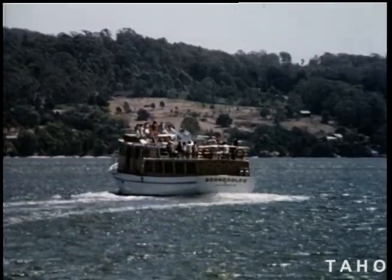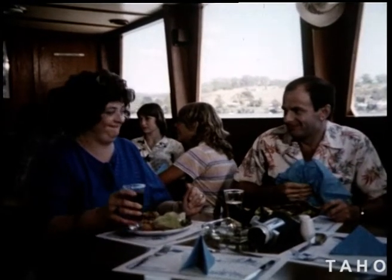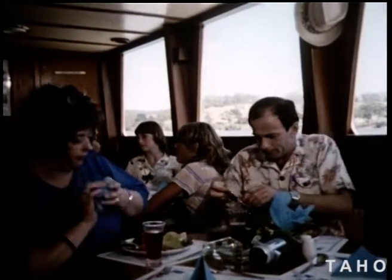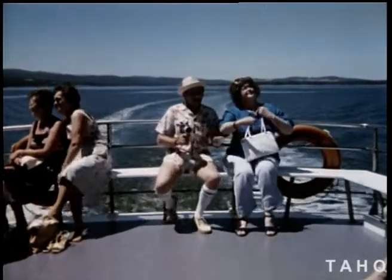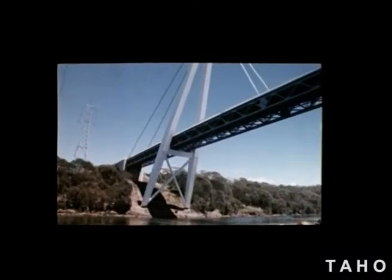As the sunlight sparkles and plays across the water, our wandering friends decide to try another very novel luncheon venue. A float on the River Tamar, aboard the Goondooloo, which travels from Launceston right up to its mouth at the Bass Strait. And what better vantage point for our travellers to make amusing jests about Batman and Robin as they admire the splendidly hung Batman Bridge. Spanning the northern reaches of the Tamar River, the bridge connects the west and east Tamar